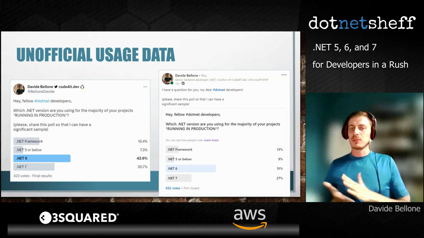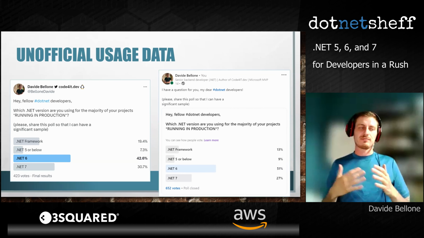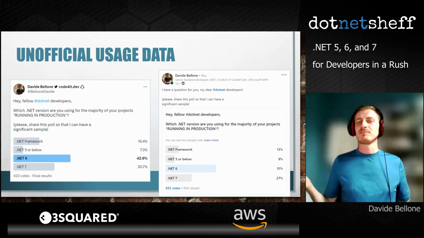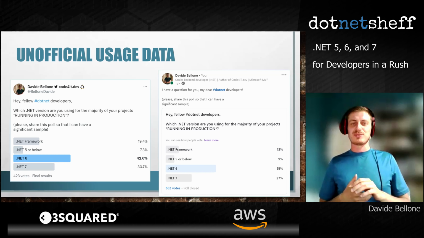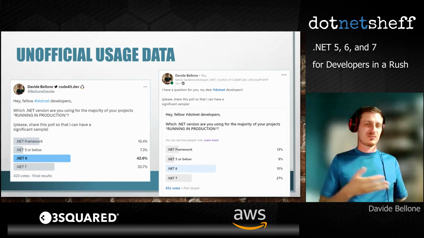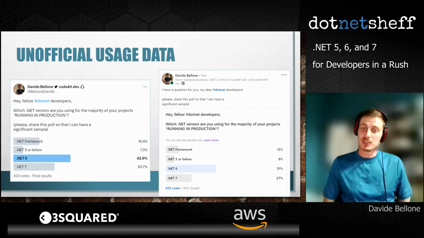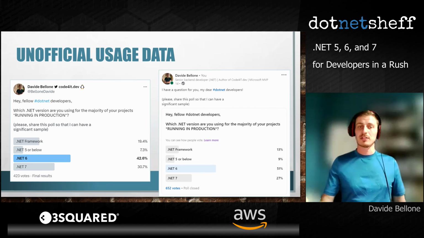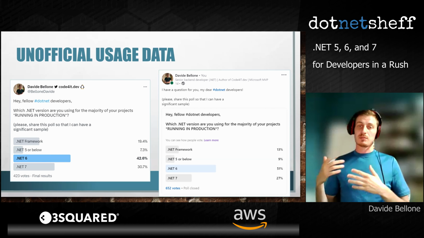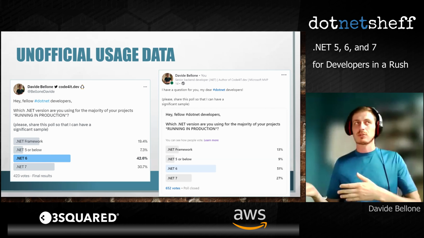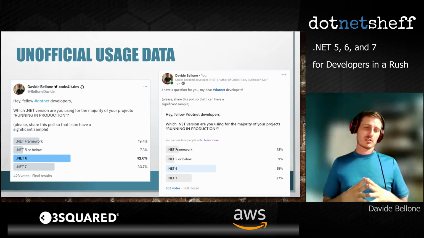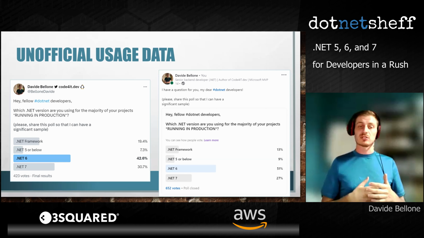Okay, but we don't have official data about the usage of the newer versions of .NET. So my only option was to create a poll on LinkedIn and on Twitter. And apparently, most of the developers are already using .NET 6 and .NET 7 for production-ready projects, but some of them are still working on .NET Framework and on previous versions of .NET.